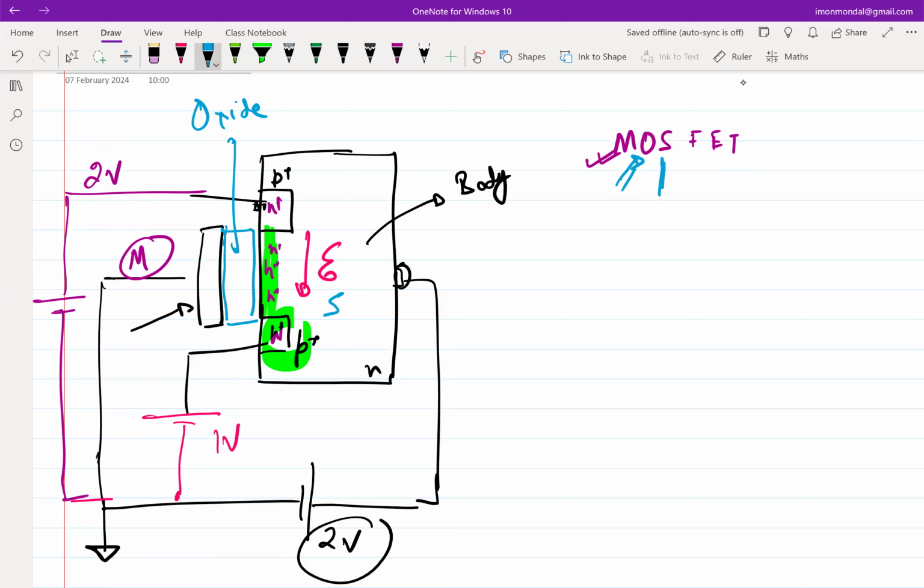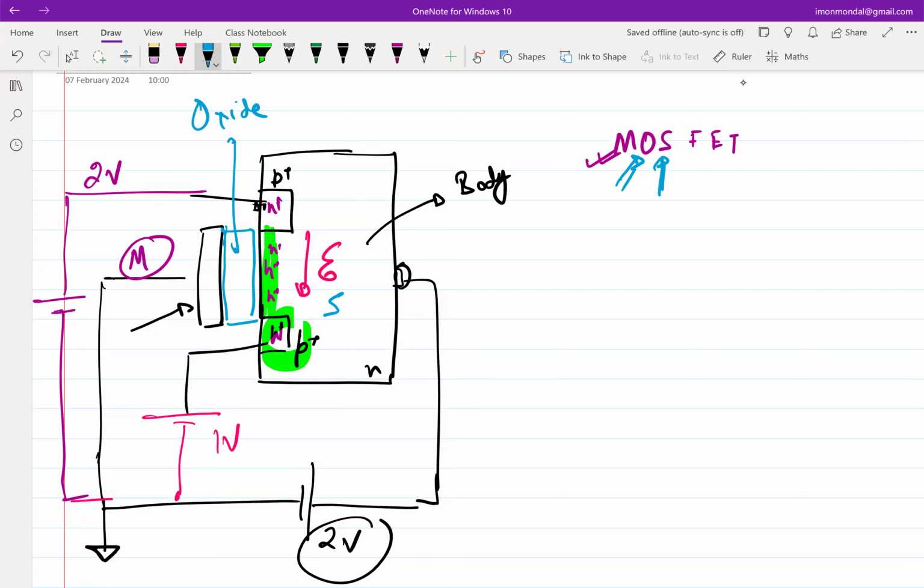So this stands for metal oxide semiconductor. Now, what is FET? FET means field effect transistor, right? So now what do I mean by that? Field effect transistor. So as you can see, the motion of the electrons or the motion of the holes in this case